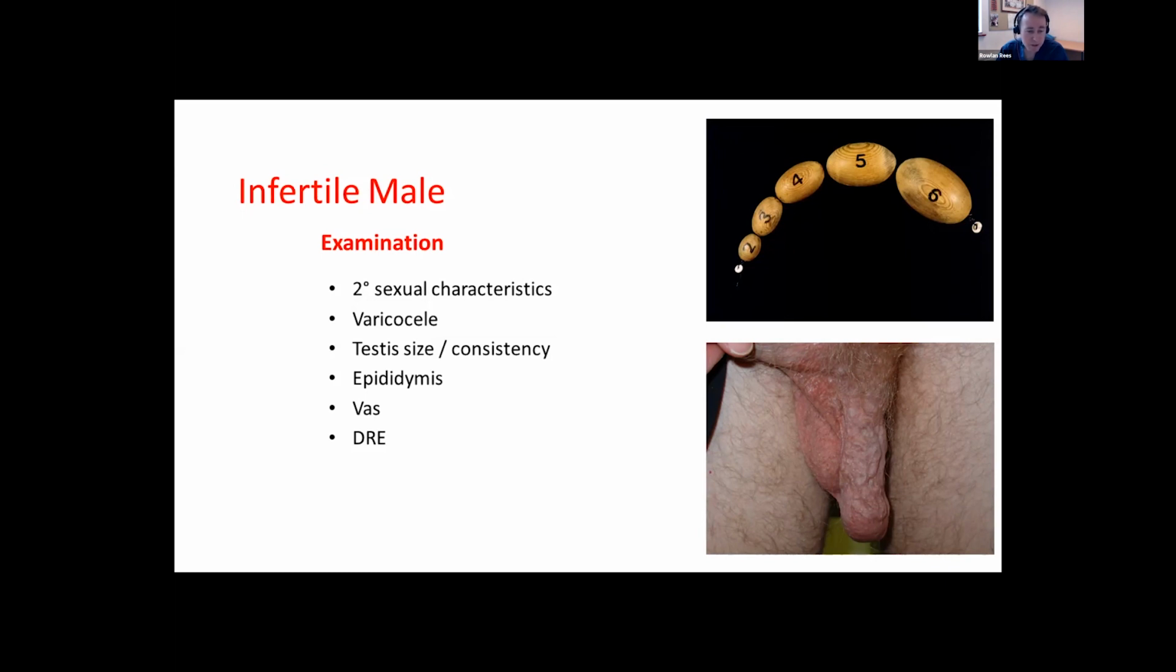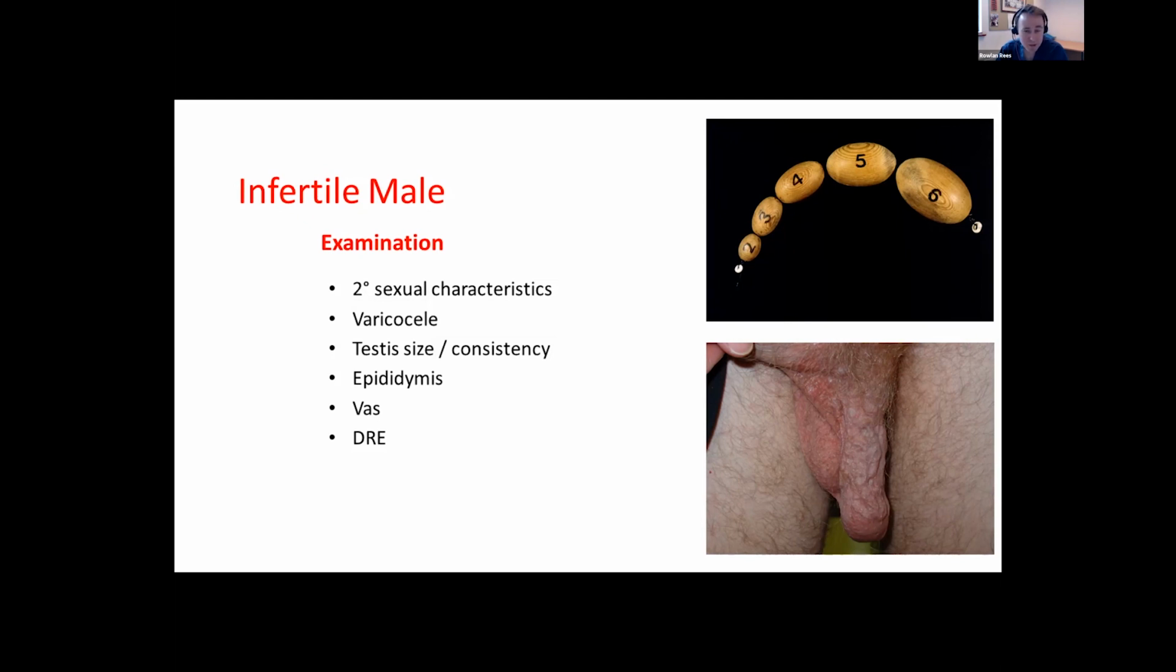And linked to that, can you feel the vas deferens? And we can have unilateral or bilateral absence of the vas deferens. We can have segmental loss of the vas deferens or epididymis. So it's very important to identify all the structures in a very basic way, and finally not forgetting to perform